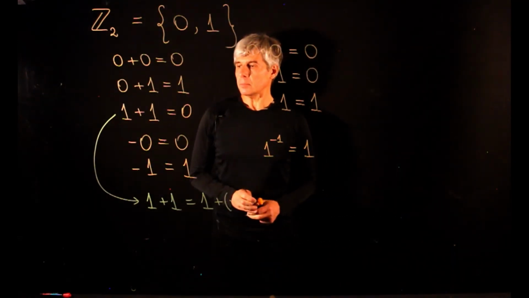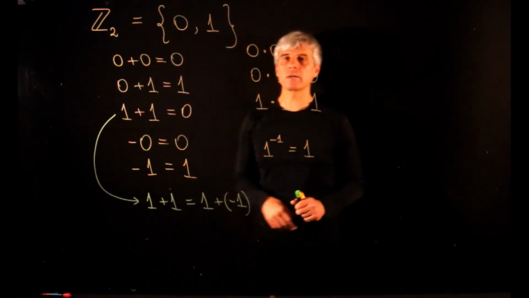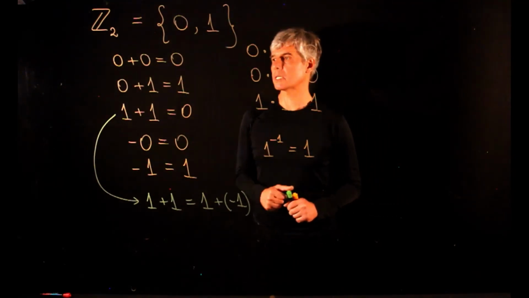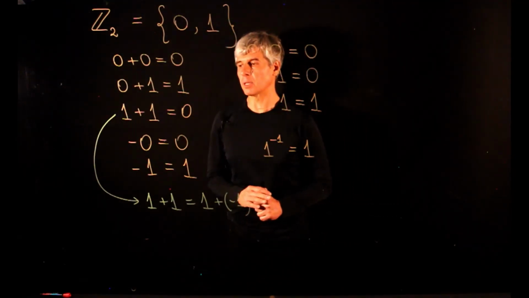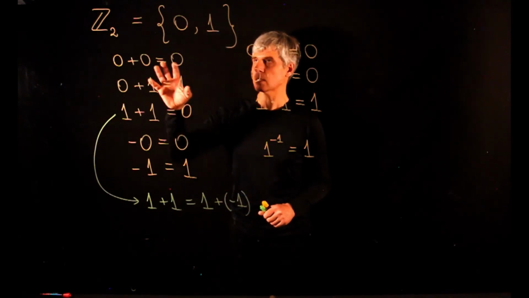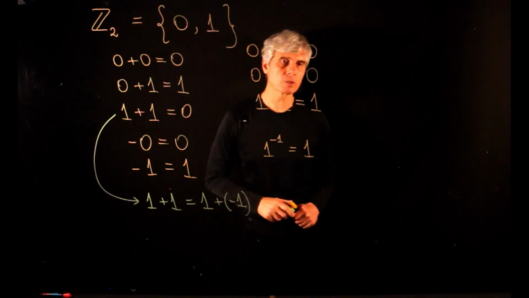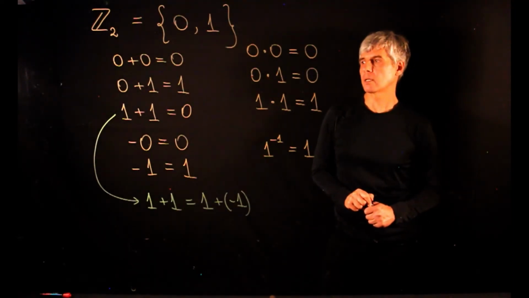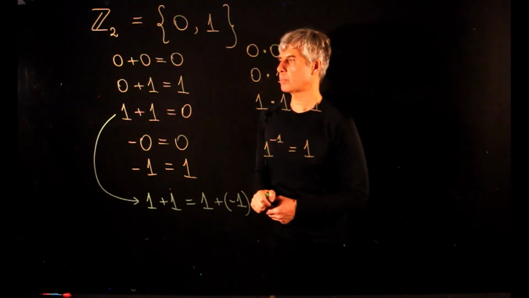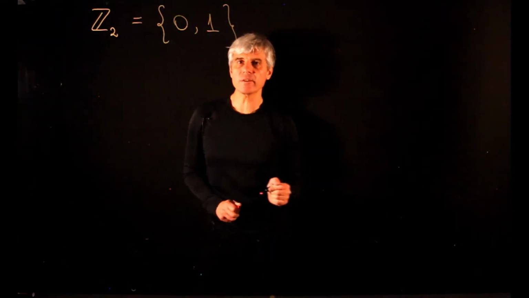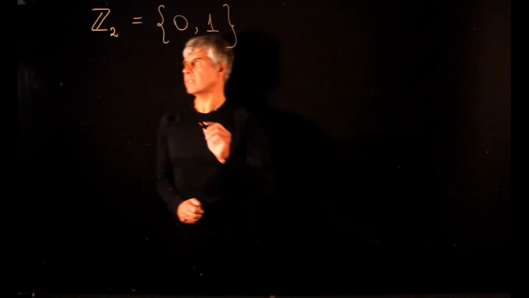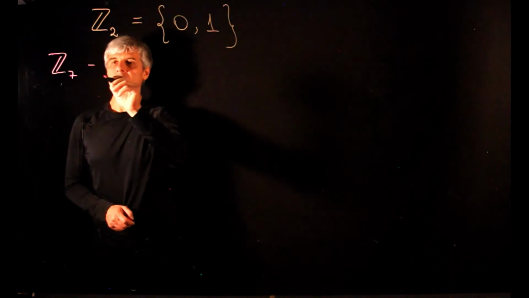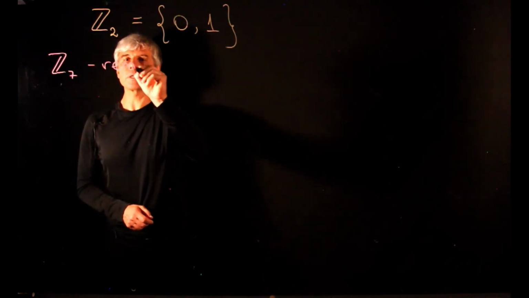Now, what we get is a field with just 2 elements. So this is the smallest field imaginable. And this is the foundation of binary arithmetic that is used in our computers. Let's generalize the previous example and consider the set Z7, which is all possible remainders